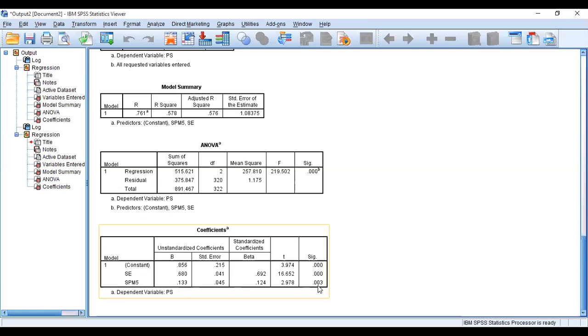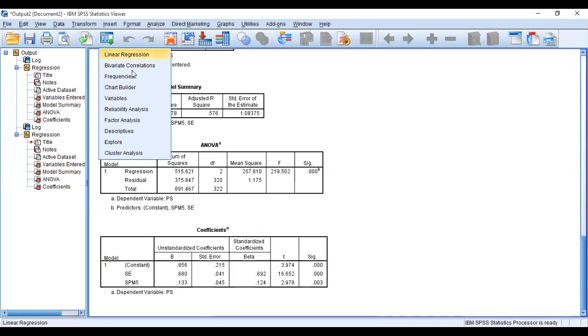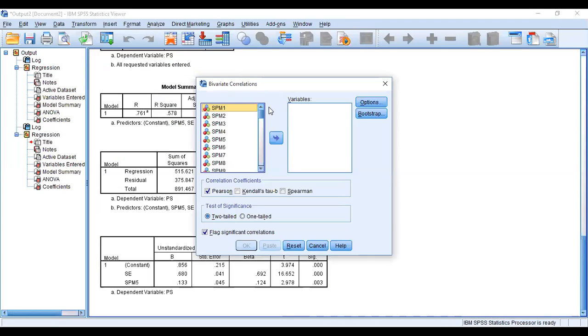Here we have discussed correlation. How do we check whether the correlation is the same or not? This table reflects the correlation value, 0.761. So how can we perform correlation analysis? Just go to Analyze, then Bivariate Correlation. We can select our independent variables and dependent variable. These are two of our variables, and one is sustainable project management.